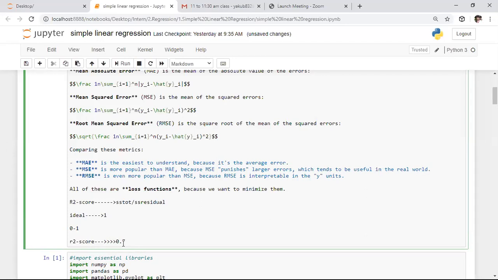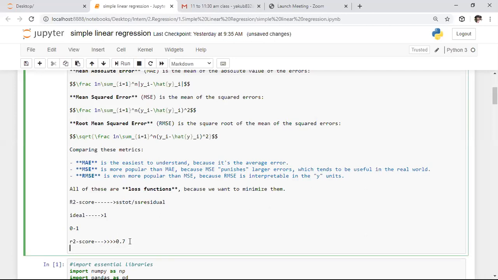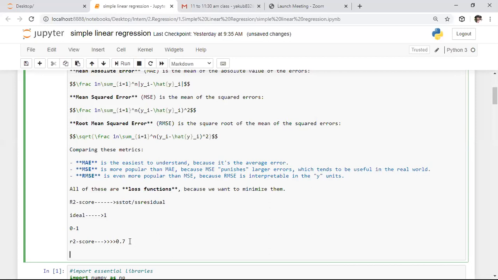If your R2 score is below 70%, that means your model is not an accurate or good model. In such cases, you need not consider that metric to calculate any outcome.